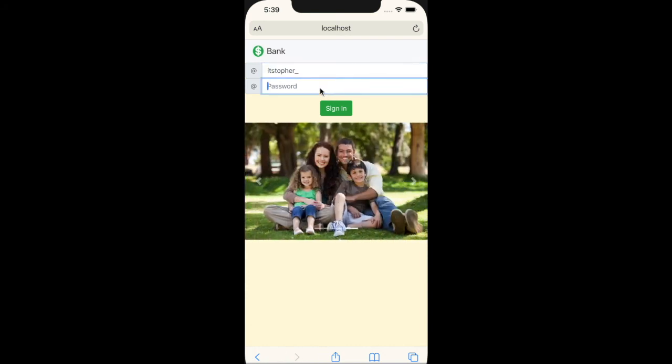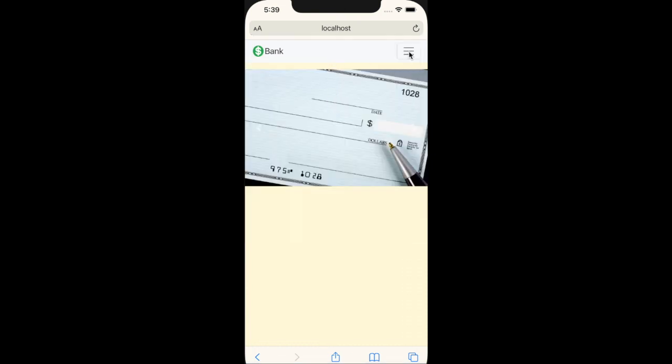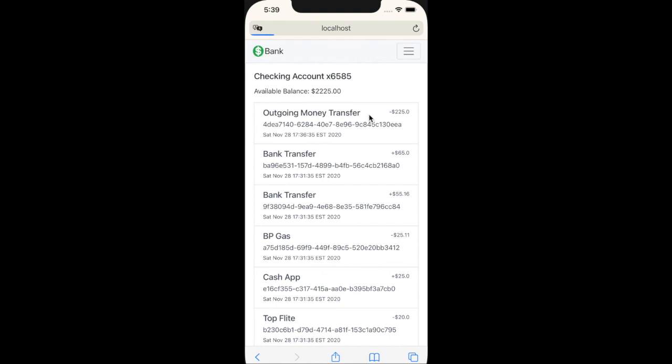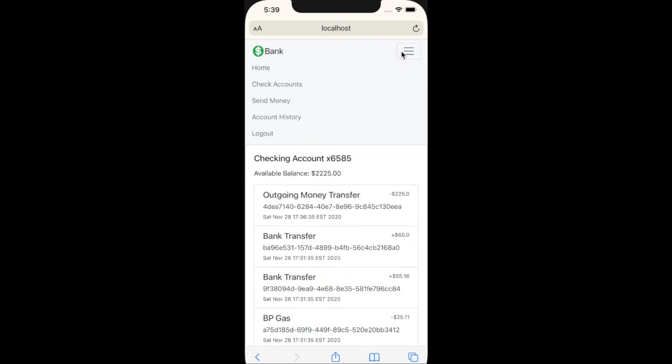gotta get that lowercase I. There we go. You should see that if I check the account history, I still have that outgoing money transfer reflected inside, and everything's still the same. And yeah, with this is the banking application,